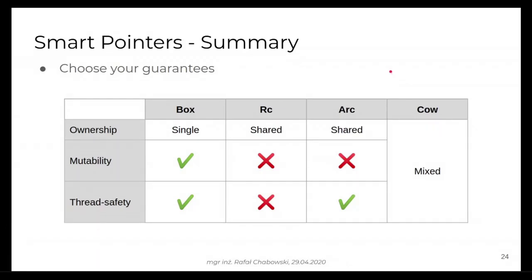Okay, that covers the smart pointers part of the presentation. Here's a short summary. And as you can see, there is no combination to get both shared and mutable pointer. If it's shared, it's not mutable. If it's mutable, it's single, and there's no shared mutable state by default in Rust because it's dangerous. But after all, we have the linked list in Rust and it compiles well, so let's see what we can do about it.